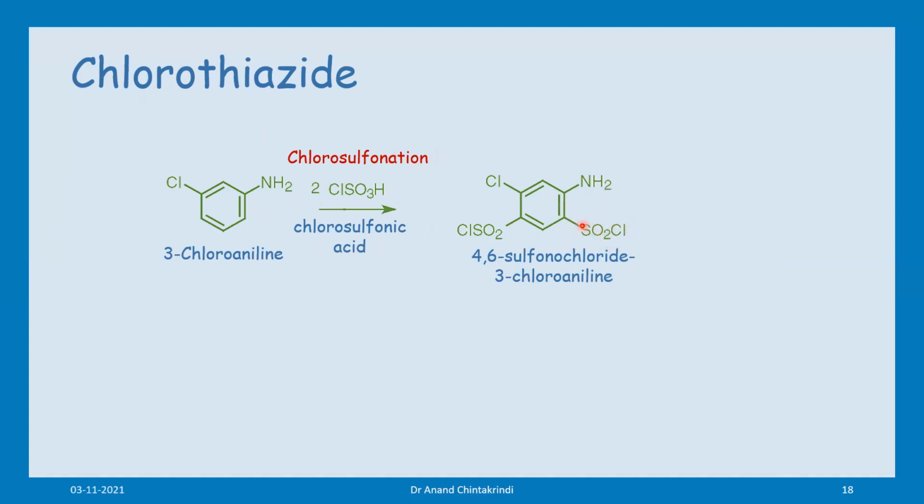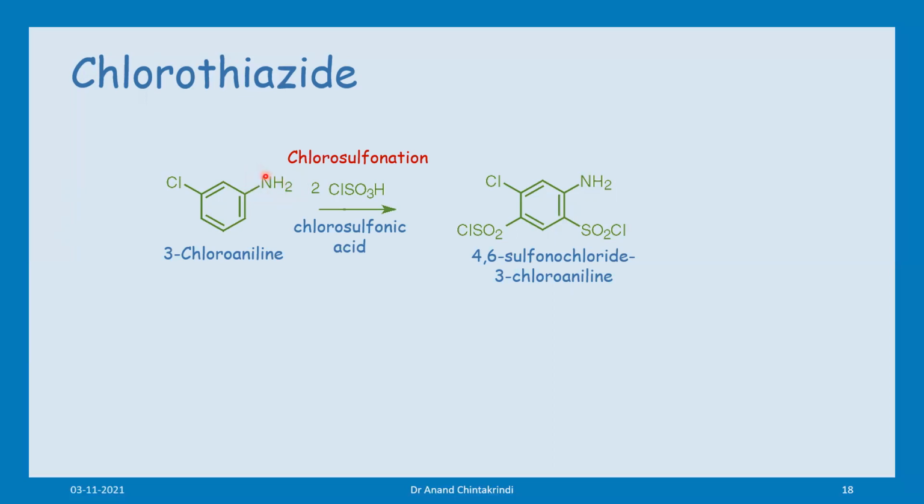being attached at the ortho position and para position, because the amino group is activating. Chloro is also ortho-para directing. Both these groups are ortho-para directing, but this is deactivating and this is activating. So whenever you have a competition between activating and deactivating groups, the activating functional group wins, and this decides the orientation of the incoming electrophile.